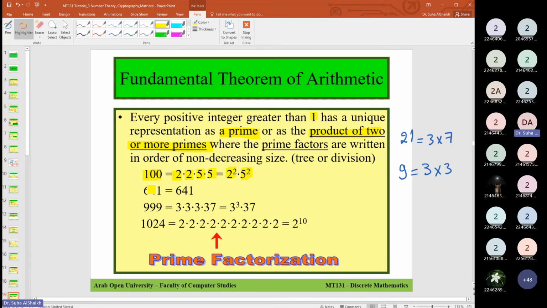641 is a prime, so it is just written as 641. And 999 is written as 3 times 3 times 3 times 37, which is 3 to the power 3 multiplied with 37. 37 is a prime. So it is 3 times 3 times 3 times 37 to get the 999. And 1024, it is 2 ten times. So it is 2 to the power 10. Now,